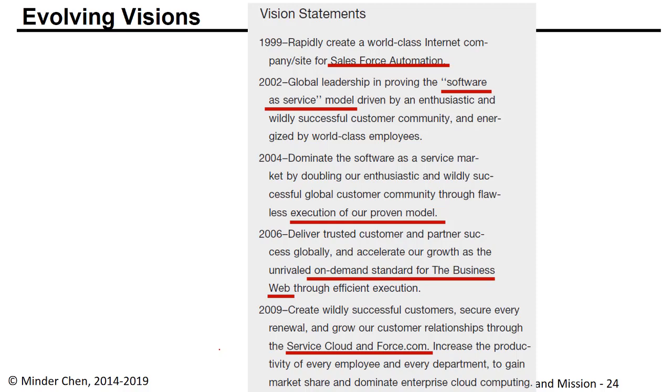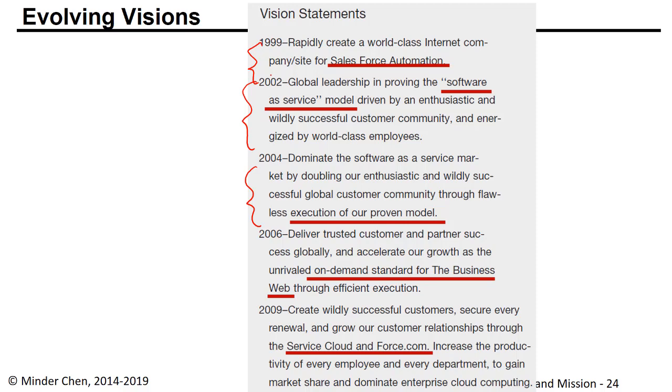What you're seeing here is the evolution of the vision statements from Salesforce over time. It looks like every 3 years they revise their vision statement. The vision statement usually is more long term, more future oriented.